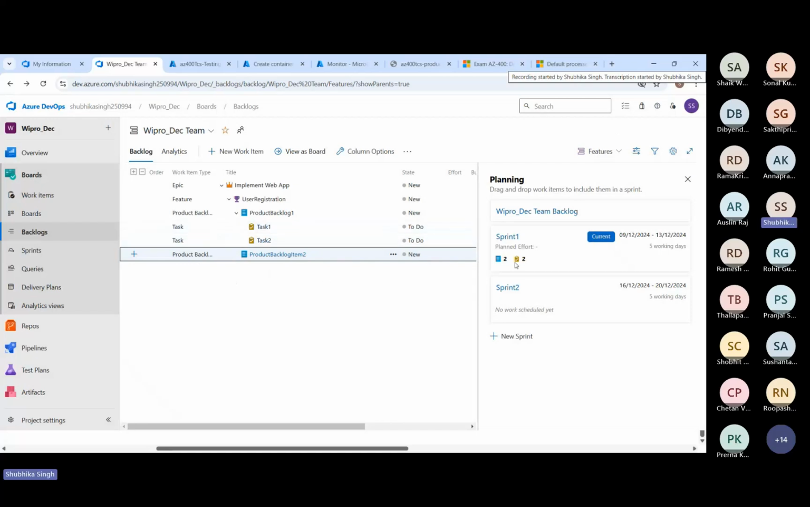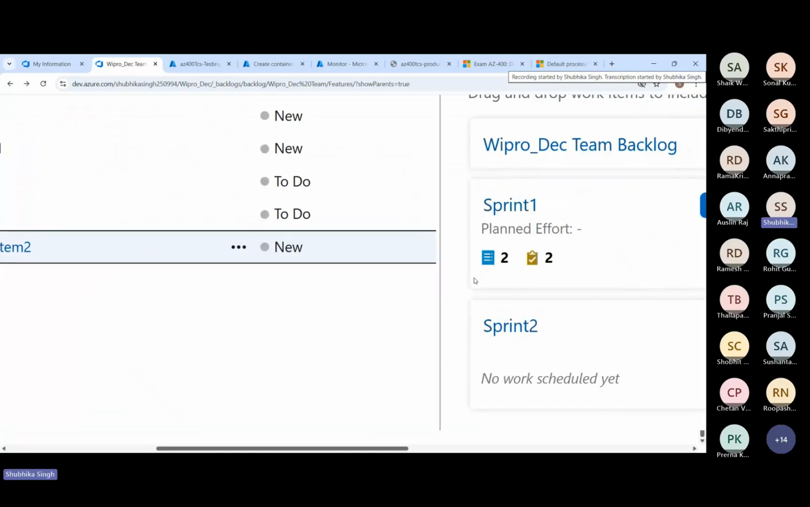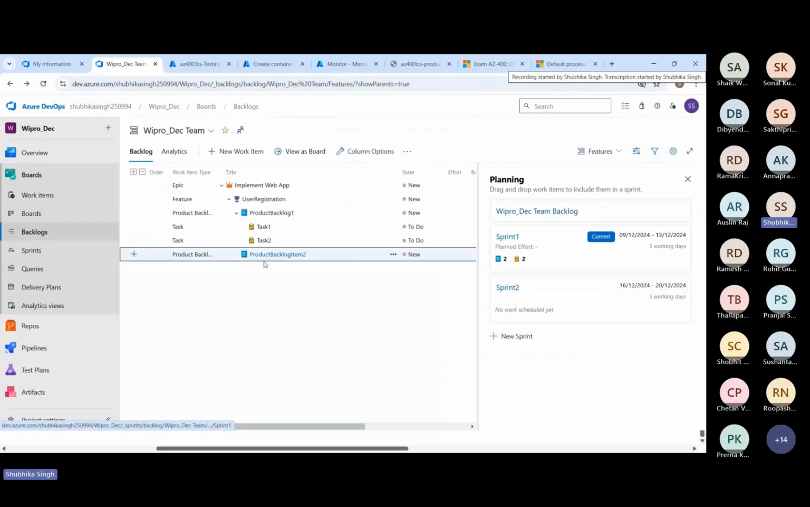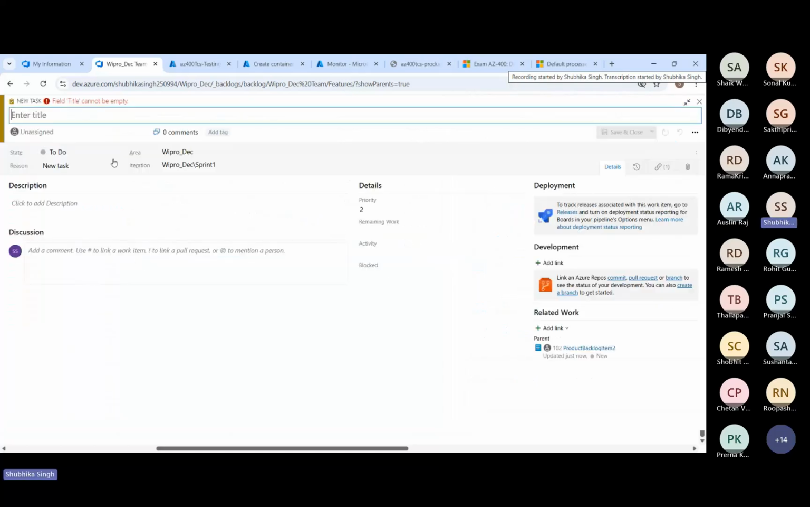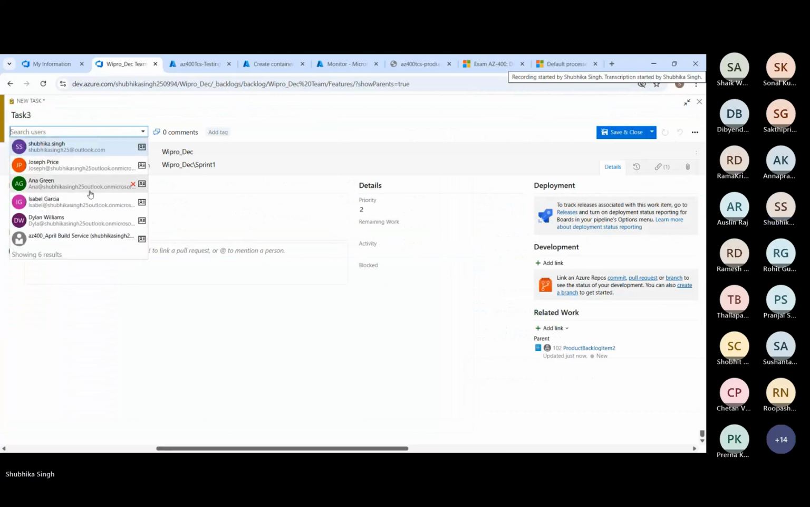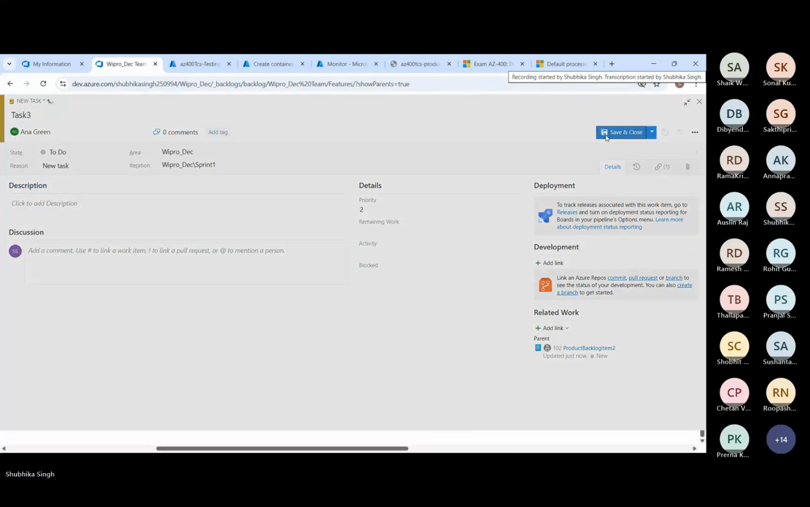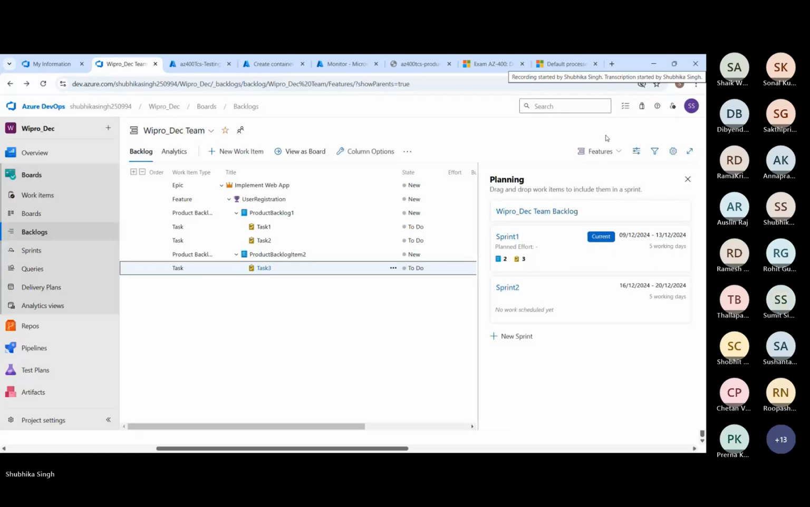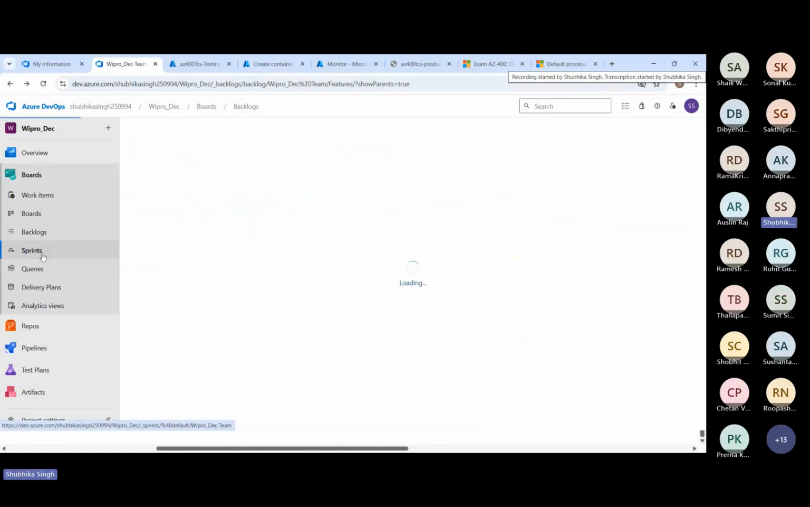This is your hierarchy. And see, in Sprint 1, you are working on 2 product backlog items and 2 tasks. For here also, I can add the task. That's how you work with your work items. And then what you can do is go to the sprint